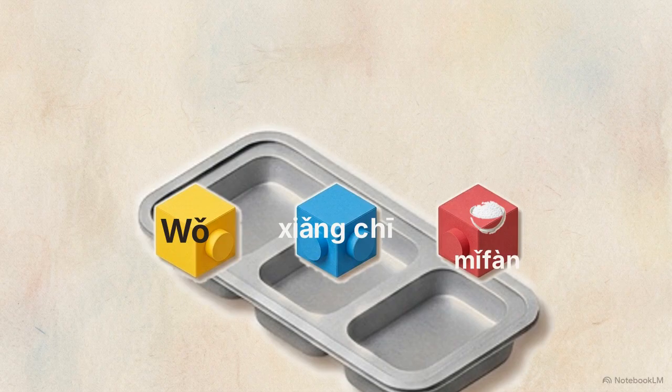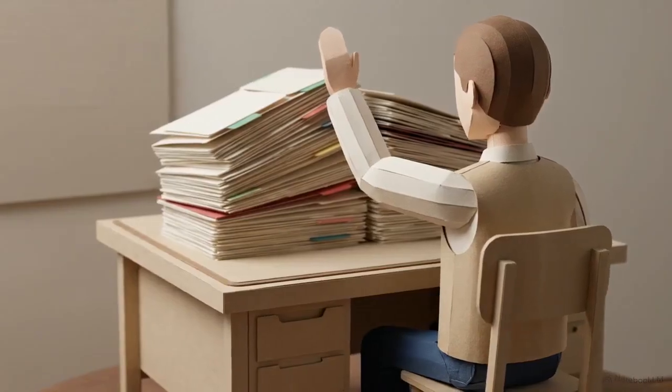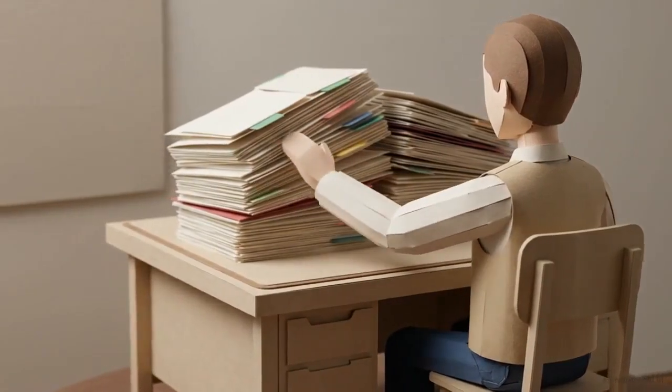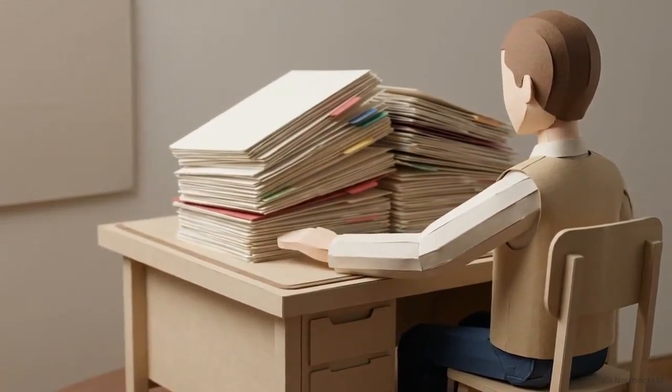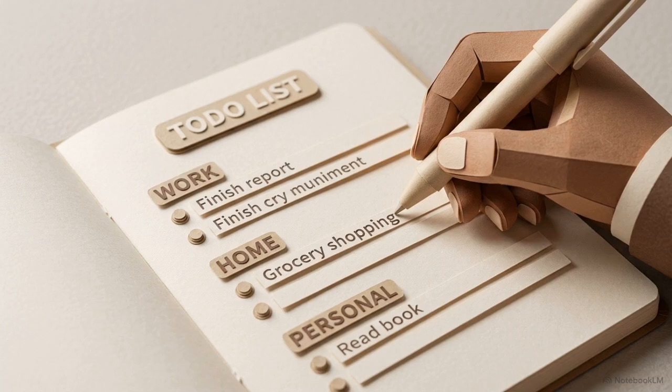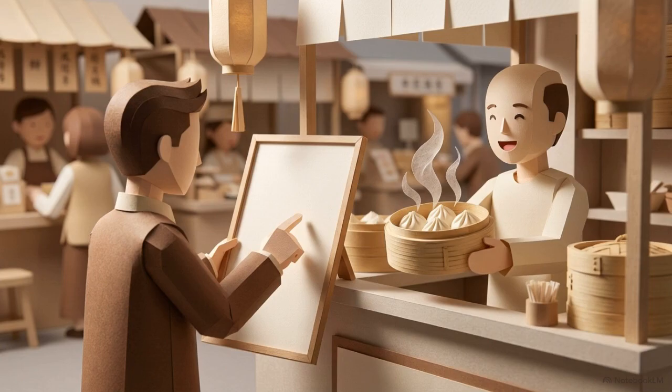If you're in the mood for noodles, you simply swap the pieces. The rice block comes out, and the word for noodles, 面, clicks right in. 我想吃面. This is a highly effective way to learn. Instead of memorizing 100 random words, master a few core frames like I want to eat. Once you have the frame down, every new food word becomes a perfectly structured sentence. By learning that single 3-block pattern, you are equipped to order dozens of different meals based on whatever you're craving